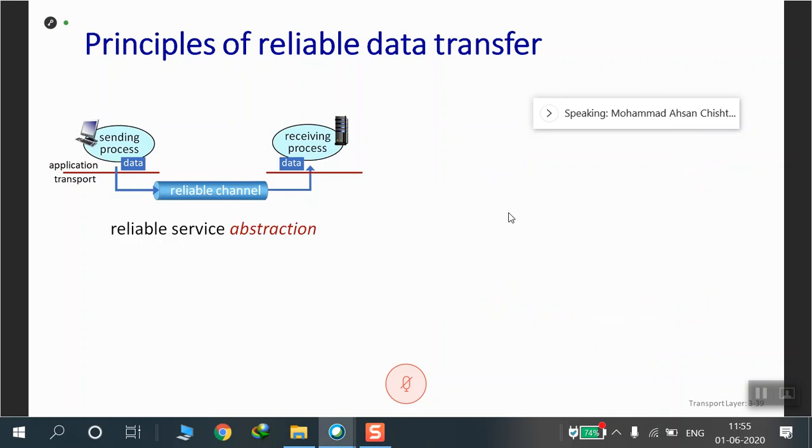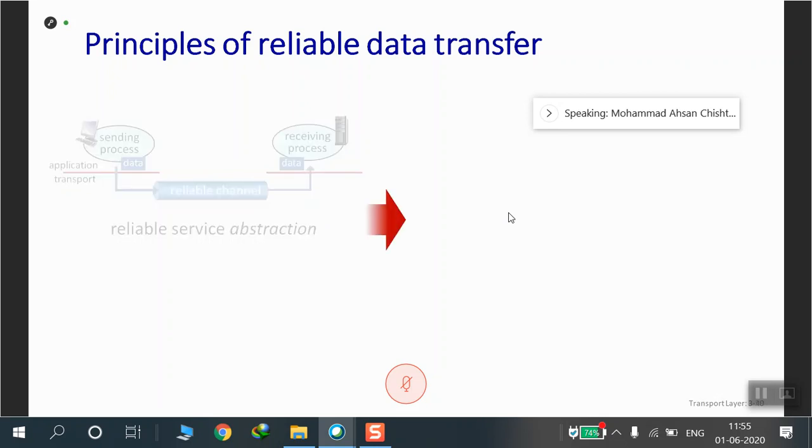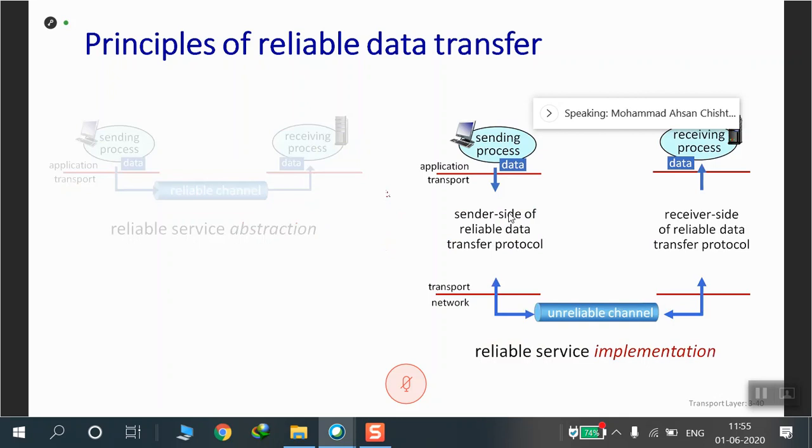So we have a sending process here, we have a receiving process here, and the application layer passes on data to the transport layer, and the transport layer provides a reliable channel or a reliable service abstraction, in which you can send reliable data over an unreliable channel. So if the network layer cannot provide certain reliability, here